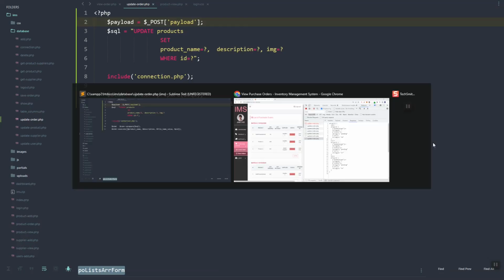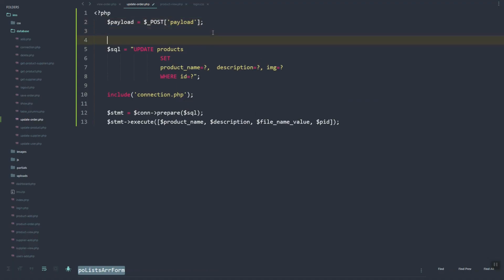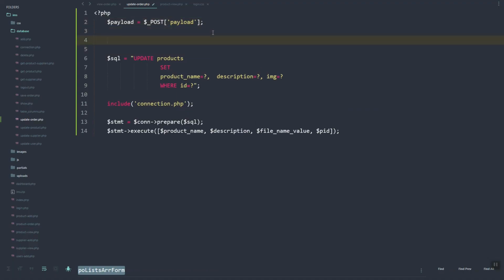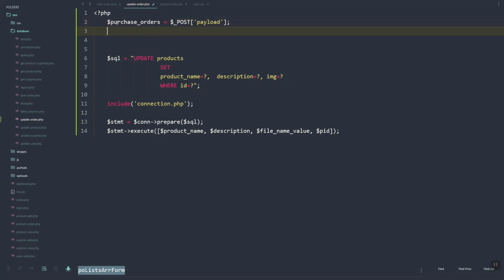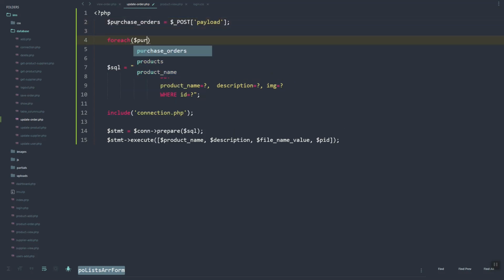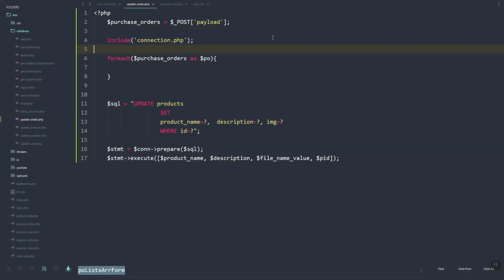So as you can see the payload is an array. Now we need to look here. Instead of payload we'll just use portions orders, PO, so the connections will include the tab,